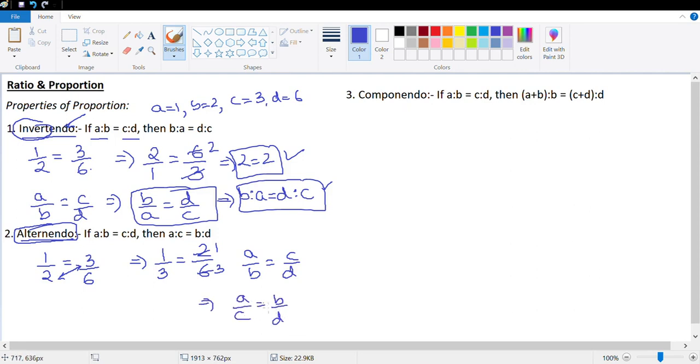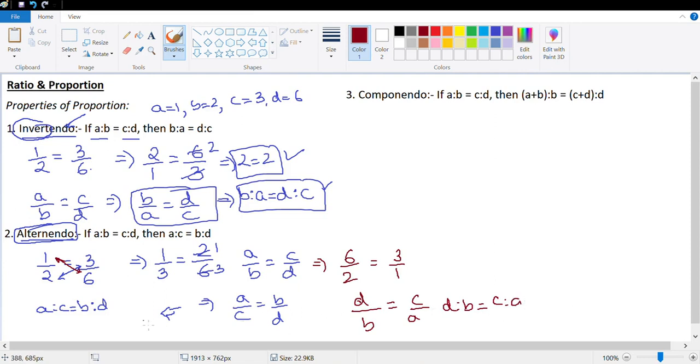Perfect. If I write this in the ratio form, I would write this as A is to C is equal to B is to D. Now in this case, I inverted 2 and 3. I could have also inverted 6 and 1. It would still get me the same result, which means 6 upon 2 would be equal to 3 upon 1. Now I would write this as C, which is 6, which is D, upon 2, which is B, is equal to 3, which is C, upon 1, which is A, which means D is to B is equal to C is to A, which is exactly the same thing, but the